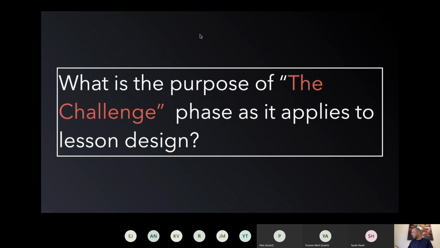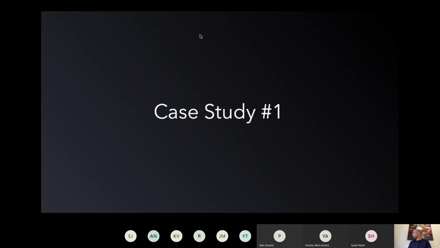So I'm not going to give you my definition just yet, but I'm going to try and evoke that here by going through a couple case studies right now. So this first case study comes from a middle school math classroom. What I'm going to do is focus on the first two parts of the inquiry cycle and then try and deconstruct it a little bit. So I'm going to be doing two case studies, and neither of them are chemistry per se.